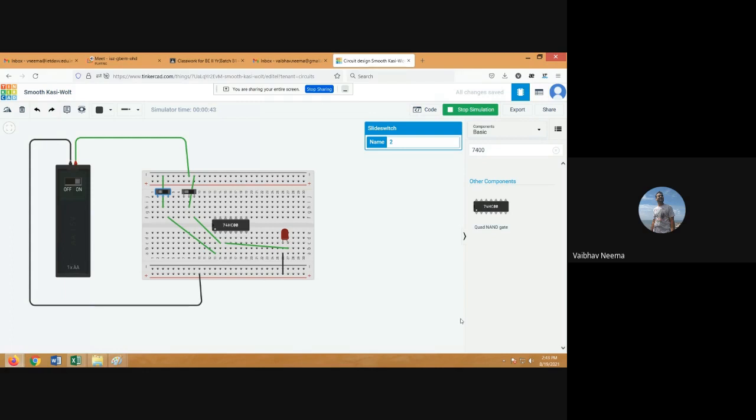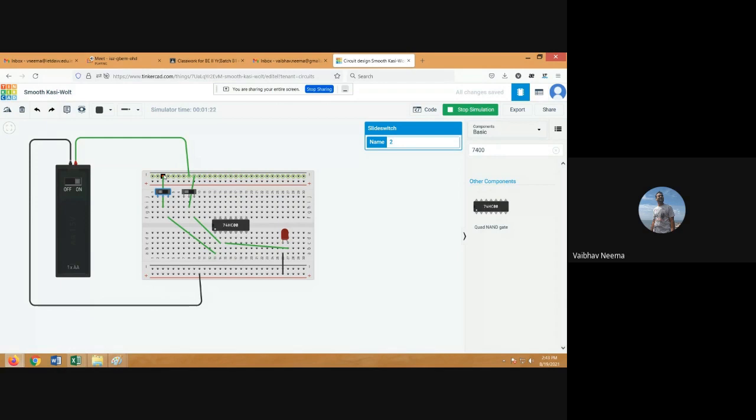Anyone can... Sir, we have not connected the switch with the positive terminal. We have connected this. The middle leg of the switch is connected with the positive terminal. Okay, fine. Is this circuit working fine? Because for 0, 0 the LED should glow. The LED is connected to the negative. The LED cathode we have connected with the ground, and the anode we have connected with the third pin. So this is also fine.